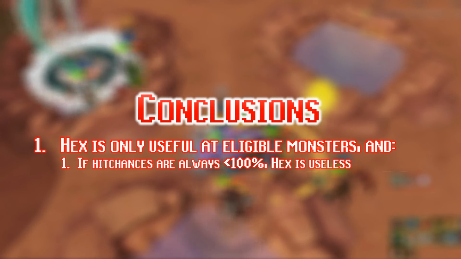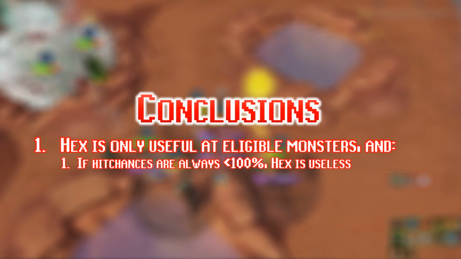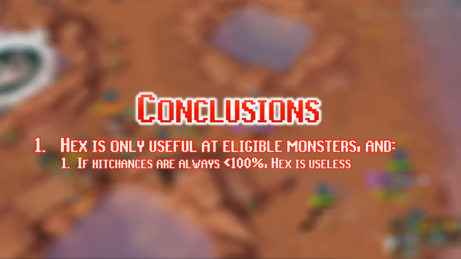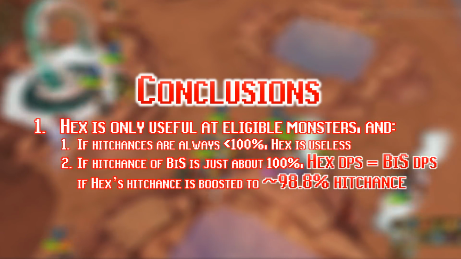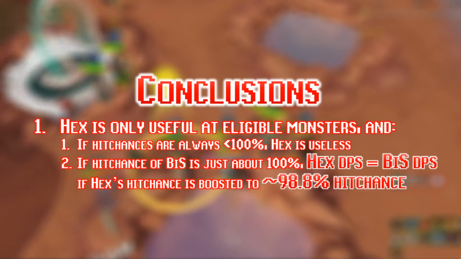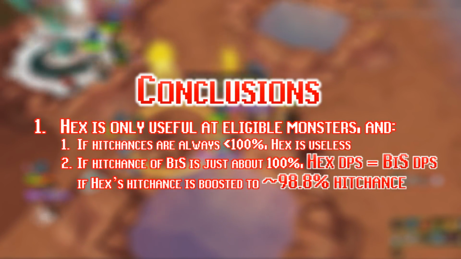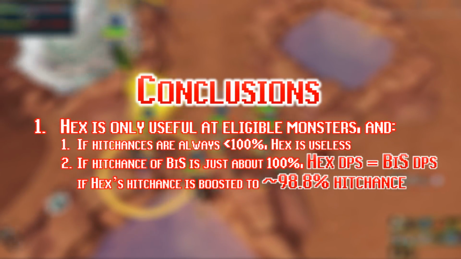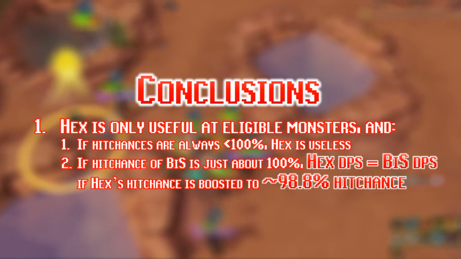If that's the case, then the Hexhunter is even worse than your best in slot item, and therefore it's pretty useless. It's a way worse DPS than your best in slot item could ever be. The second option is when your best in slot item just about has 100% hit chance against whatever you're fighting. You can get your Hexhunter's DPS to match your best in slot item's DPS if your Hexhunter's hit chance is boosted to 98.8%. If you get it to 98.8%, your Hexhunter will just about become better DPS than your Seren